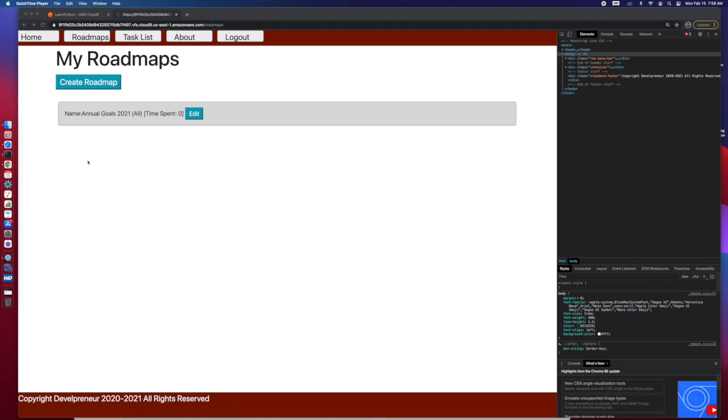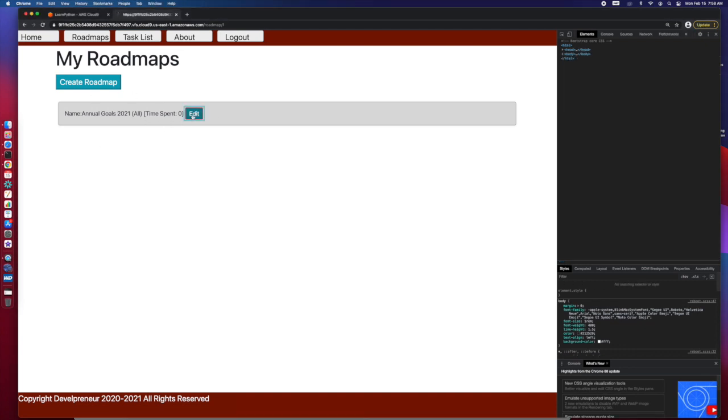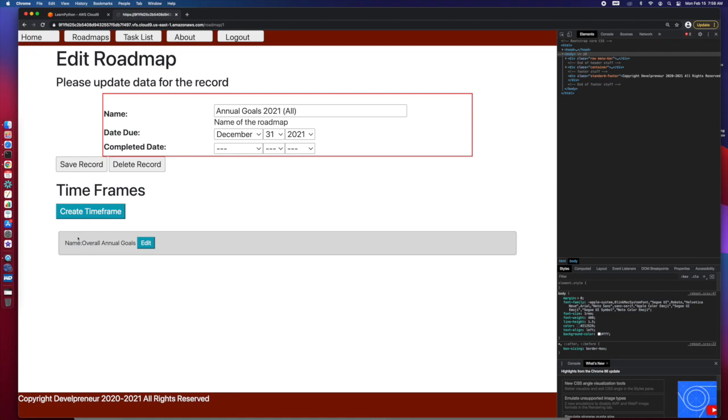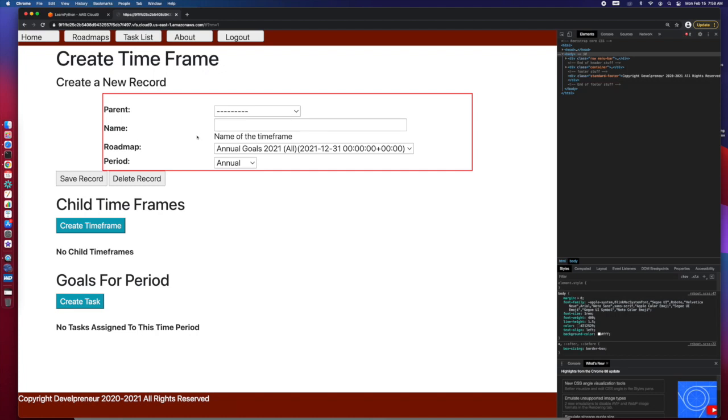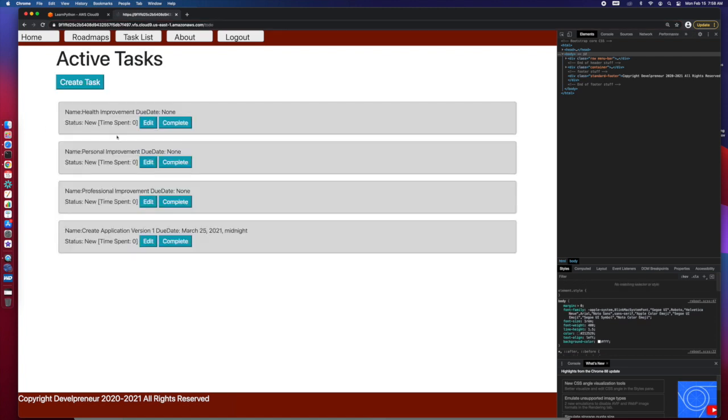Lately, we've been working our way into passing values in. So as we go in here, we edit a roadmap, and then we, for example, want to create a new time frame. Then we are pre-populating our roadmap, but we're doing it here by sending variables in. And I'm going to take a look at another approach to doing this, which is